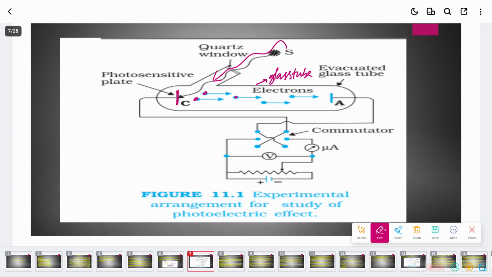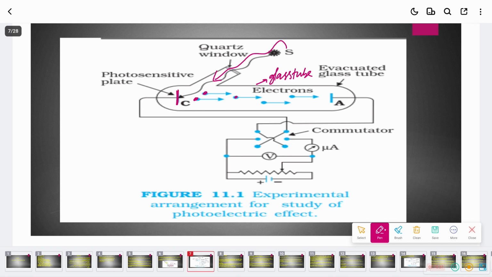Pin drop silent. Pin drop means, do you know what? If I put a pin here, it should make a sound, and that sound should be audible to everyone. If anyone talks, it will not be audible. That is the meaning of pin drop silent. You can ask in English. When a pin falls, that sound should reach everyone's ear. Did the sound come? To whom did the sound not come? Silent.